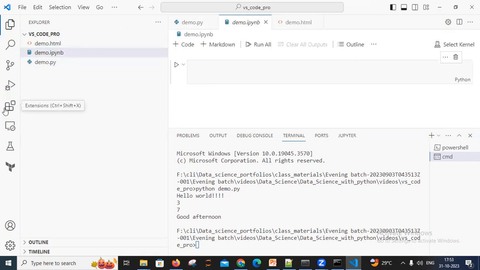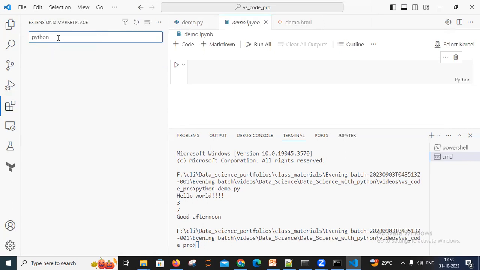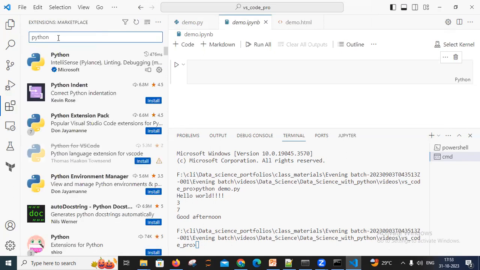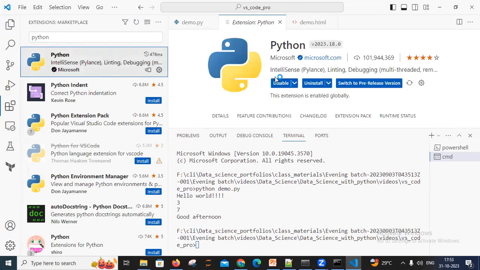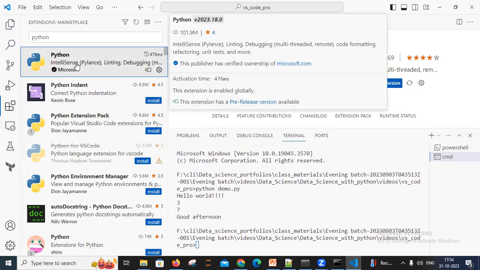And also there is one extension, Python. IntelliSense is already there. So please install these things. This extension is enabled globally, right? So please install it. Otherwise, this command palette and the things inside the palette will not come. We have to install these things. I have already installed it in my system. If you don't install this,